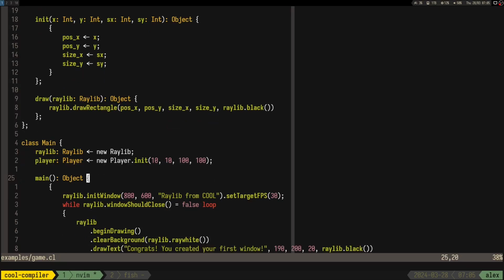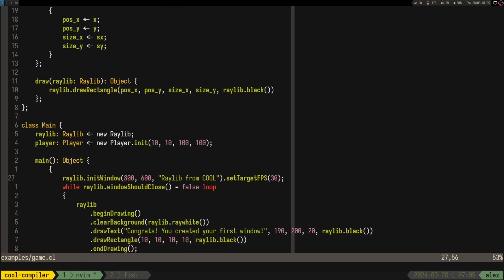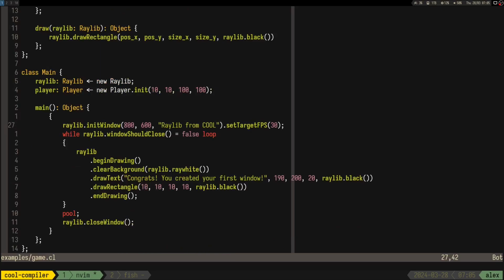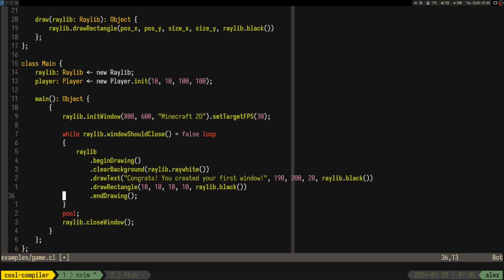Right, so this is gonna be the player, Minecraft 2D or something. So yeah,